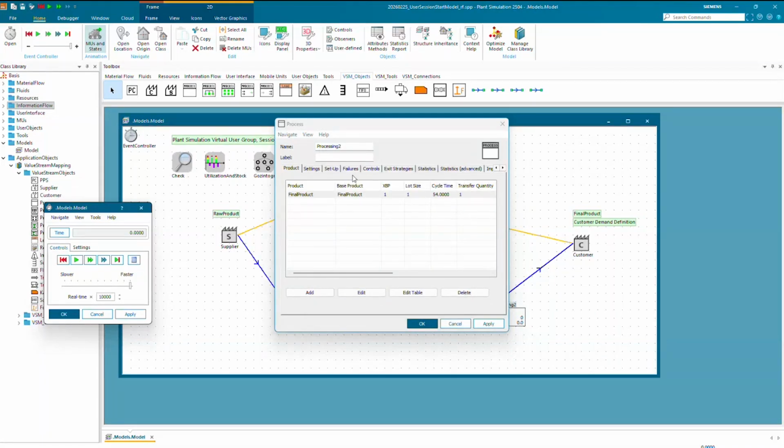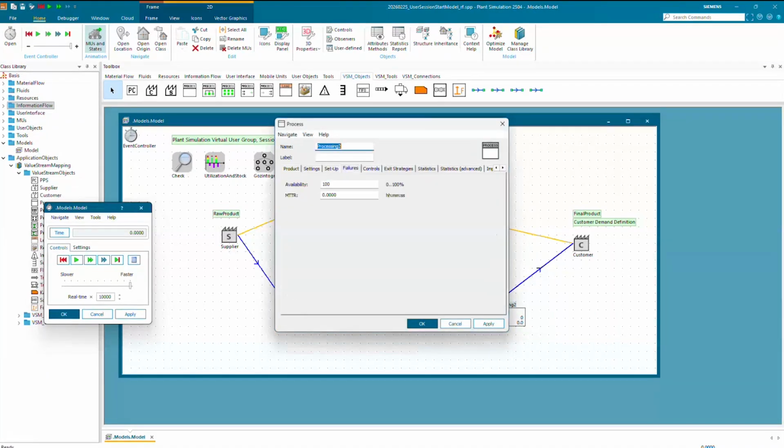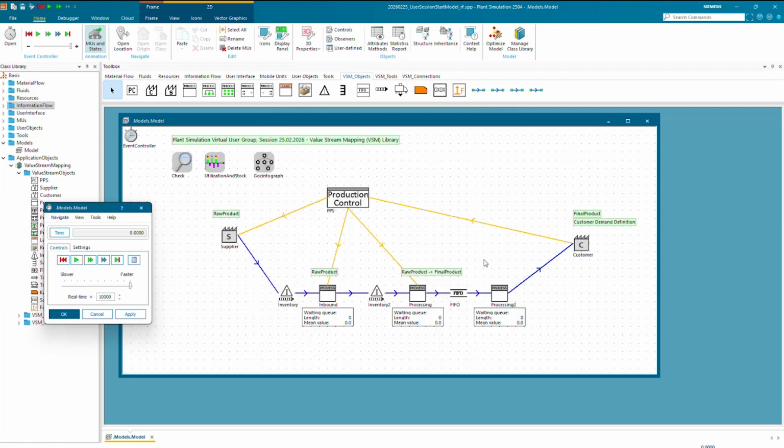Besides product definitions, we could also define failures, with tabs similar to Plant Simulation basic process objects, for example with a failure or availability percentage, technical availability during work time, and a mean time to repair. So how long does a certain failure last? That might be more familiar to Plant Simulation users than lean users, but that's at least the way failures are described most easily in Plant Simulation with a process station.